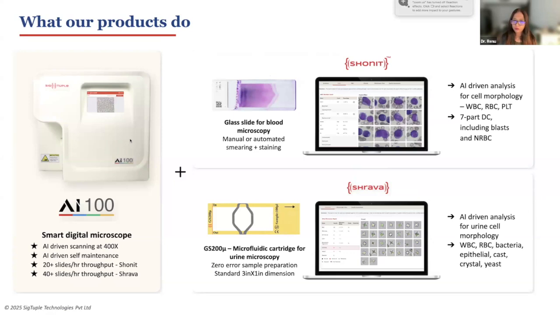We give you the RBC morphology, the platelet morphology, and also the microscopic view, which gives you a seamless transition to move from manual microscopy to a digital microscopy-based reporting. The similar thing is for the urine microscopy as well, where we give you a cartridge where you can actually charge this little micro chamber out over here,